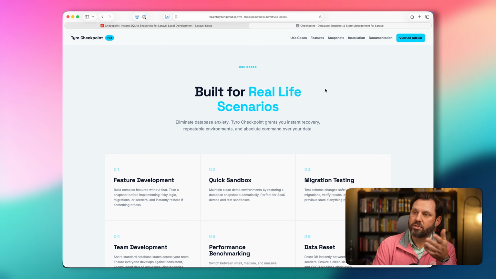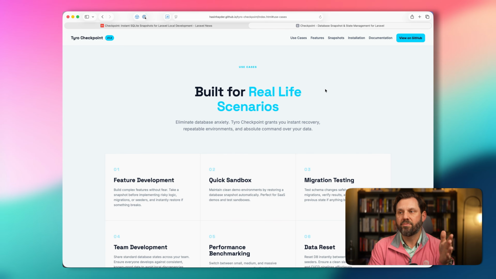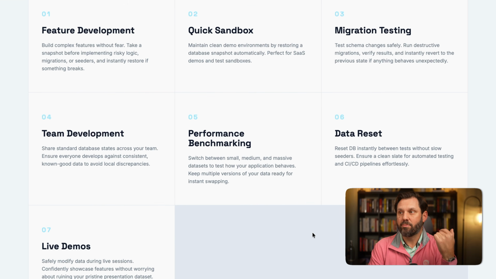And then finally, use cases. And it says built for real life scenarios: feature development, quick sandbox, migration testing, team development, performance benchmarking, data reset, and live demos. So those are all the use cases that the people behind this have come up with. I'm sure there's a lot more out there. I do like the idea, especially for like that